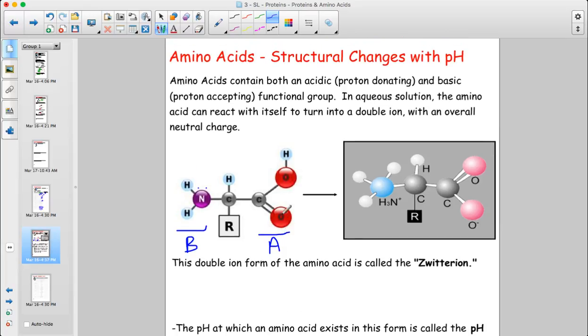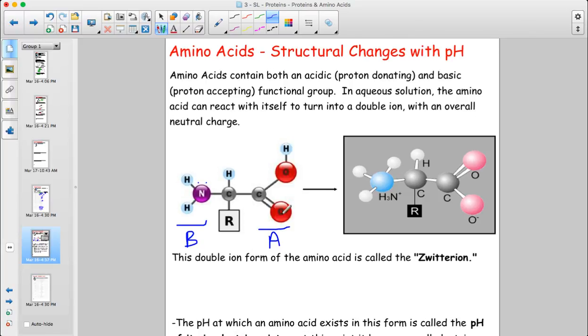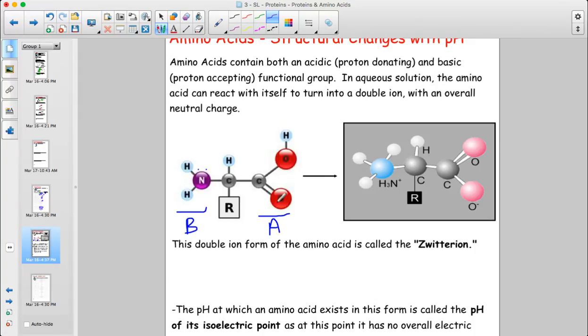Well, first of all, if you're in the HF class, that should remind you of a buffer. And indeed, amino acids can act as buffers, and we'll talk about that in more depth. But also, if you put an acid and a base in solution together, well, they'll react with each other. And that's actually exactly what happens. If you put amino acids by themselves into solutions, this proton from the carboxyl group will actually get donated to the amine group. So it actually undergoes an acid-base reaction with itself.